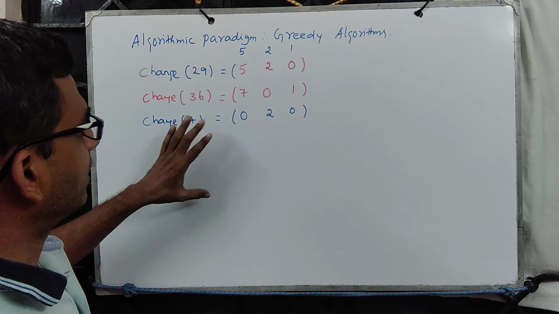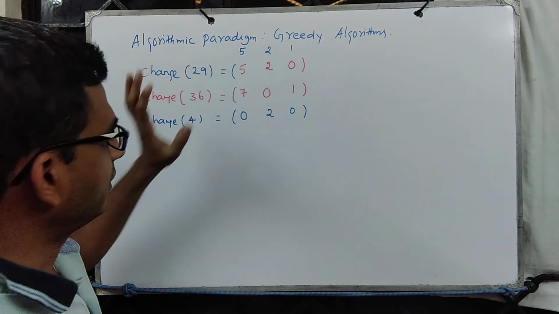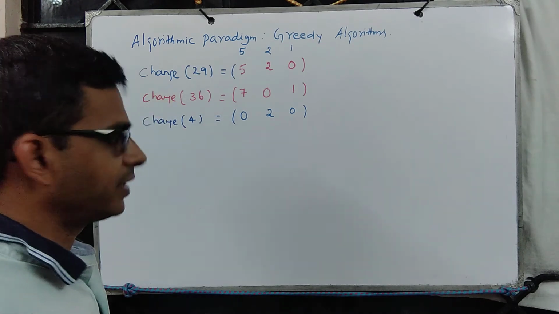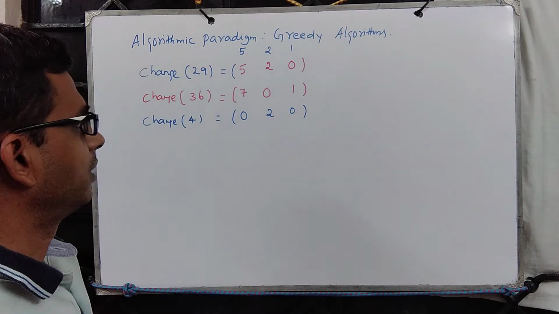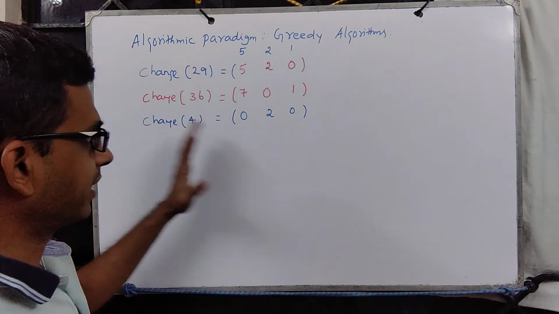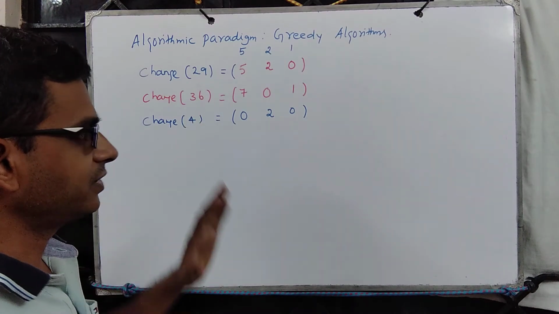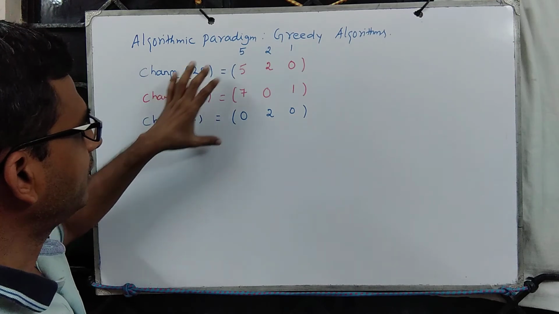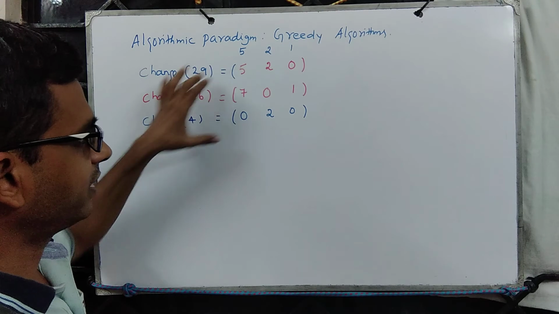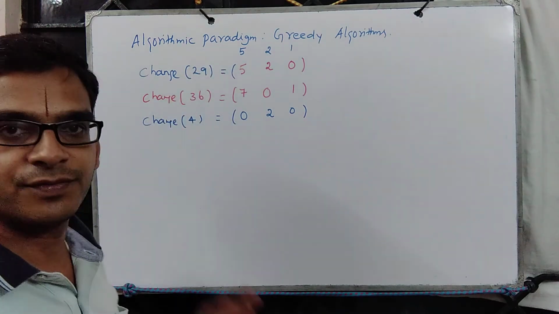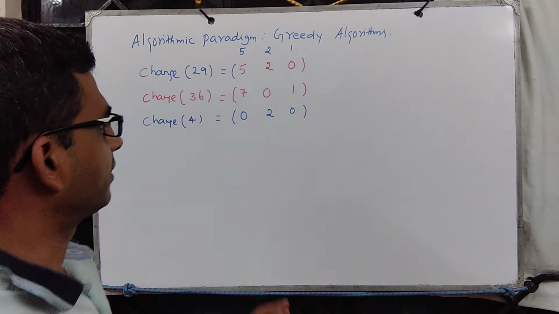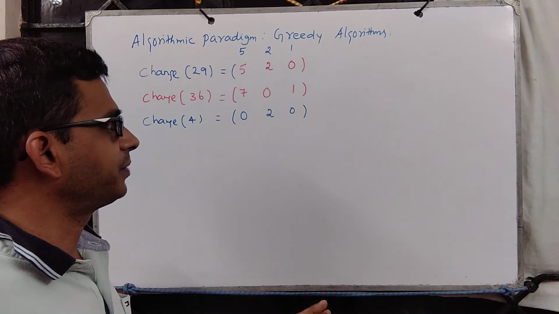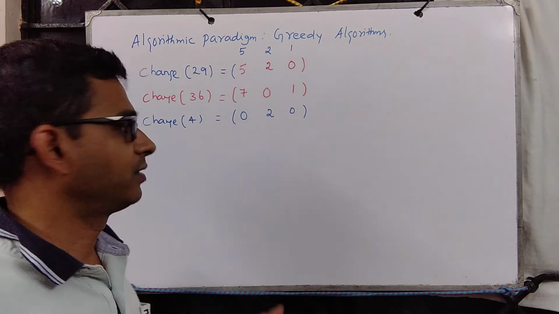So it turns out that with the denominations 5, 2, 1, you can give change for any integer x starting from 1. One can give a proof of correctness that this greedy strategy will work. The strategy is simple. You take x and identify how many 5s are there in that x, and supply that many 5s. Then take the remaining. In that, see how many 2s are there, supply the maximum number of 2s, then in the remaining, supply rupee 1.